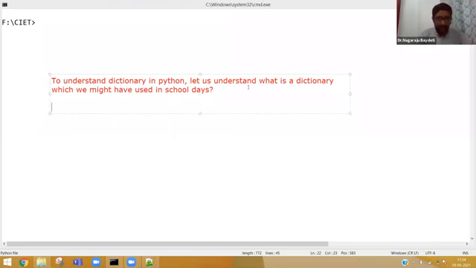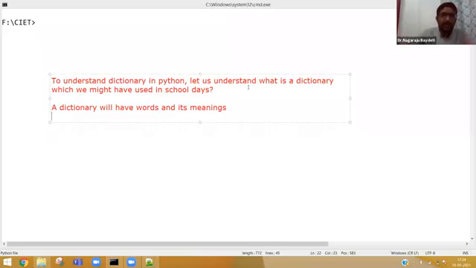A dictionary will have words and their meanings, correct? Actually, not one word. It will have words and their meanings. For example, you just go to the dictionary and search any word, how many meanings are there?